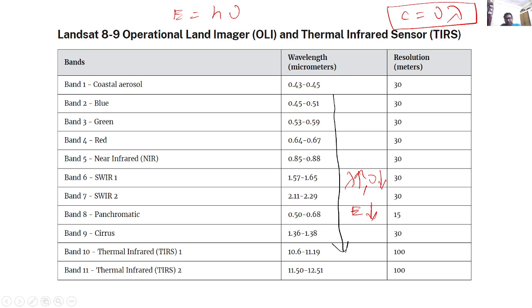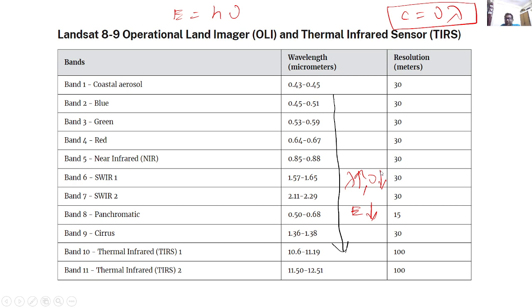So that's the thing. Sir, in the bands 7, 8, and 9, can you explain? Band 8 is panchromatic, so don't include that in the consideration. And even within this, let us suppose you compare band 2 to band 6, the bandwidths are in general increasing. If you observe band 5 to band 6, the bandwidths have increased. Band 5 bandwidth is just 0.03 microns. This is more than 0.03 micron, this is 0.08 micron. So the energies have decreased,